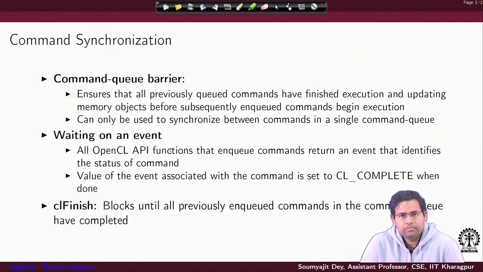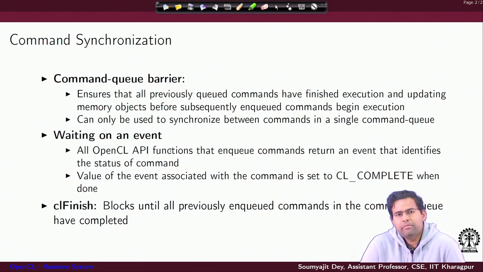And then for the purpose of synchronization, as we discussed, you have command queue barriers and you have the wait on an event primitive. A command queue barrier ensures that all previously queued commands have finished execution and have updated whatever memory objects are needed by commands which will begin execution afterwards.